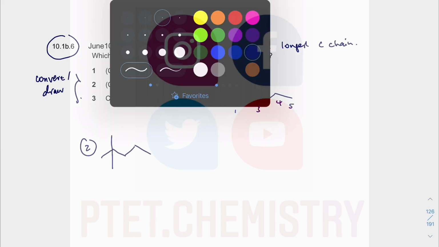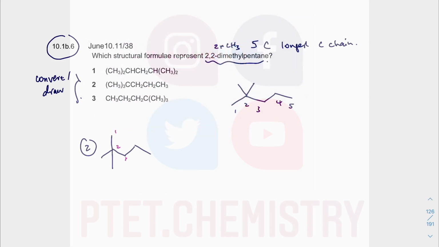Now I'm going to work out the longest carbon chain, 1, 2, 3, 4, 5. I don't start 1, 2, 3, 4, 5 from the other end because that will mean my branch is at position 4. That is not the way you will name it. So again, 5 carbon chain, 2 methyl at position 2. Rather than me writing out structural formula for this, since it's already provided, I'll just draw them out. Number 1, CH3, CH3, CH. So this is your CH3 twice, this is your carbon bonded to 3 other carbons, so there's a hydrogen there, CH,